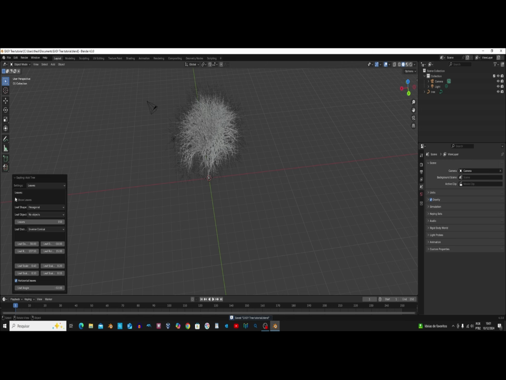And then you click on show leaves. Click on show leaves. It will show the leaves. And is that why it is way too slow? Okay,